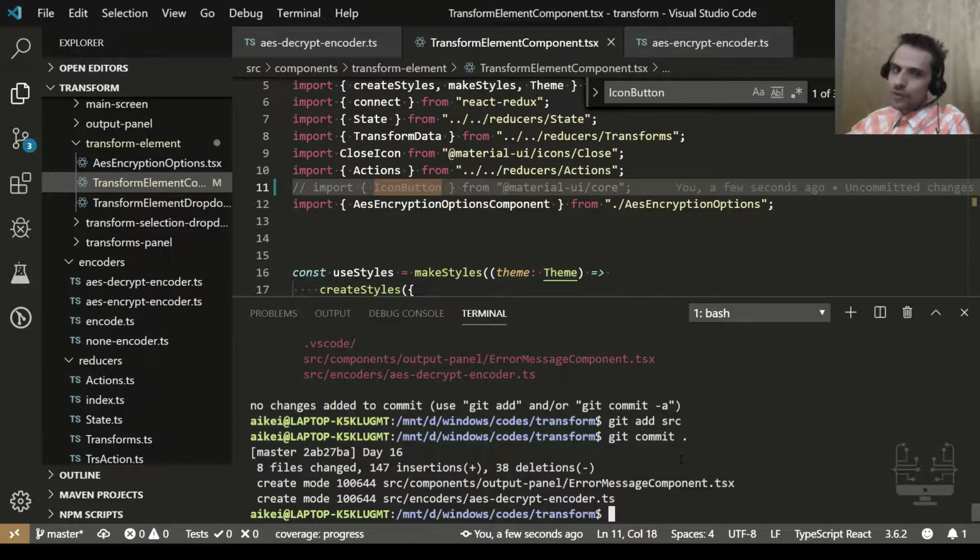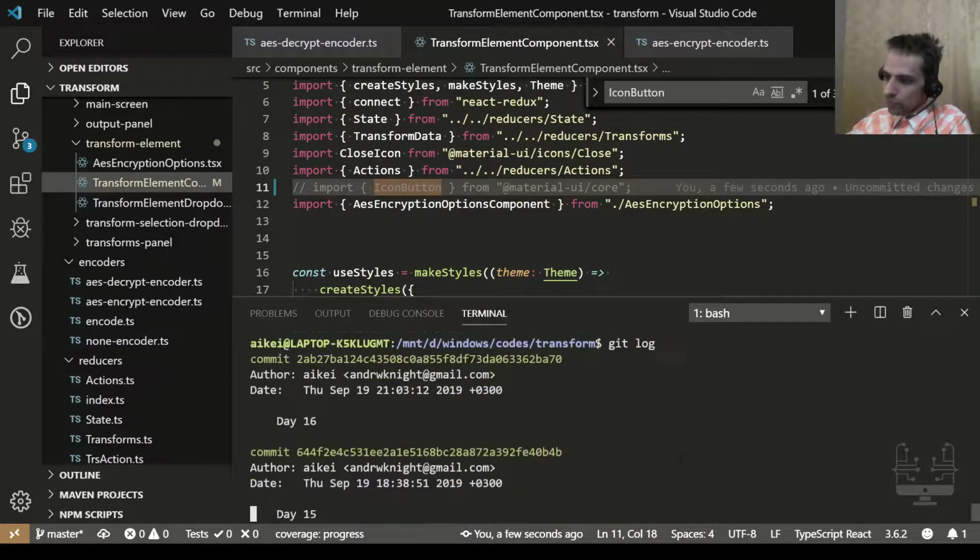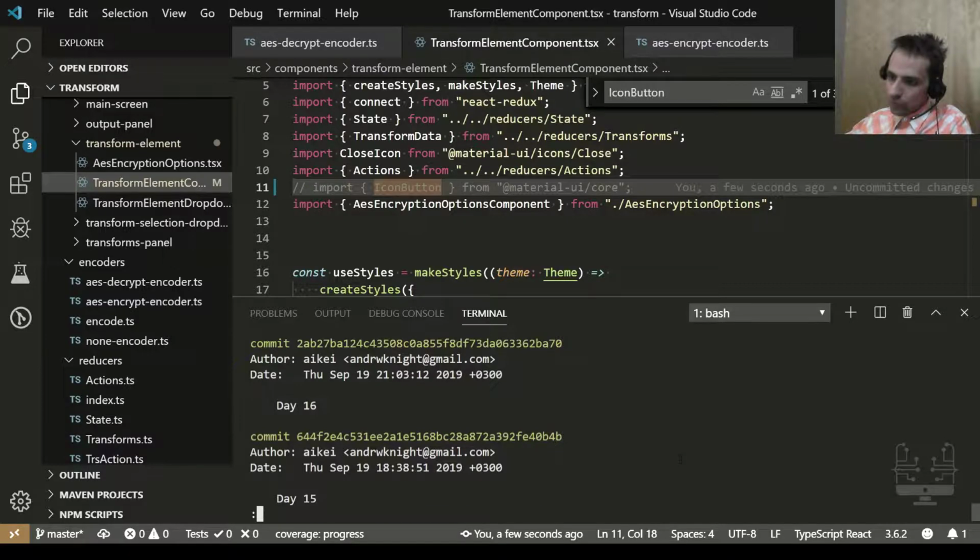So if you committed something, and then you know that you should have added something else to the commit, but you haven't pushed yet, then what do you do? How do you reset this commit? You see this commit in the log, day 16. I want to cancel this commit, but still keep the changes. You can do this with